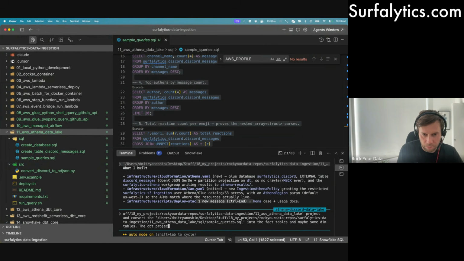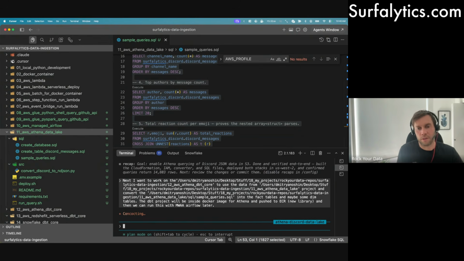The dbt project will be inside a Docker image for Athena and pushed to ECR as a new library, and then we can run this with the flow later. So basically, I want to add dbt,